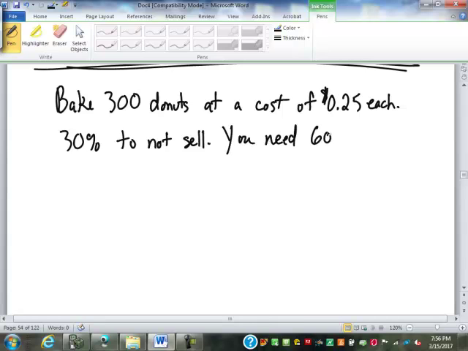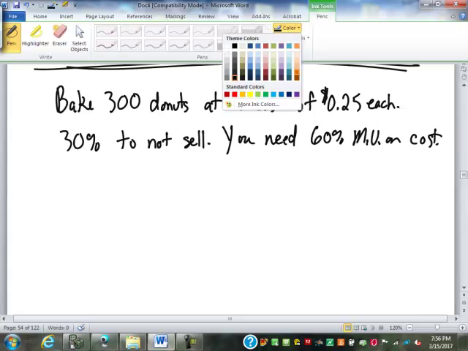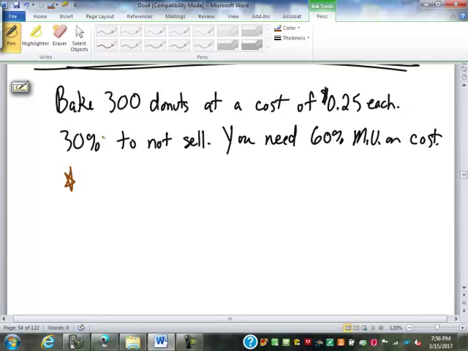You need a 60% markup on cost. Here's where the difference comes. You will sell